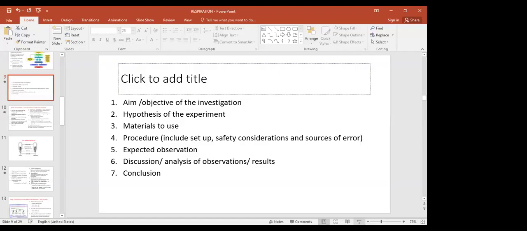So I'll be sharing my slides in a short while. All right. So I hope we can all see my screen. So right now it is blank. And on the screen,